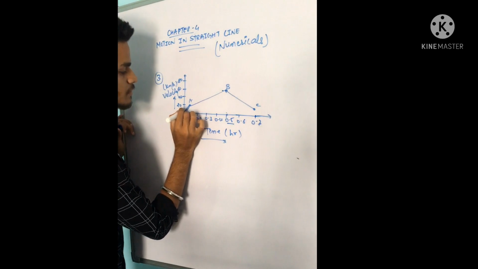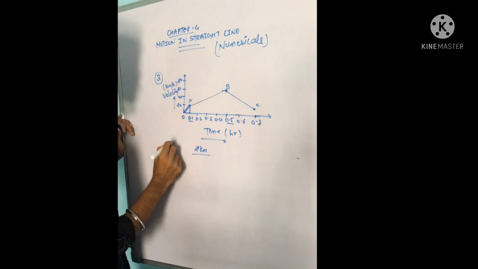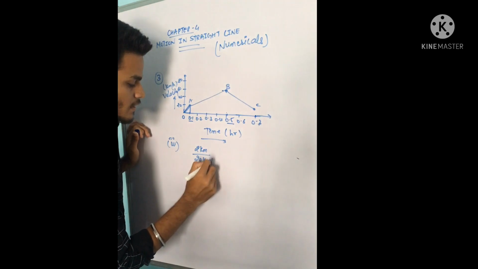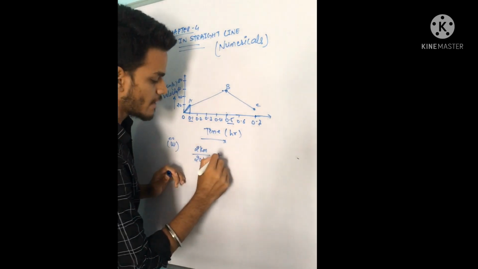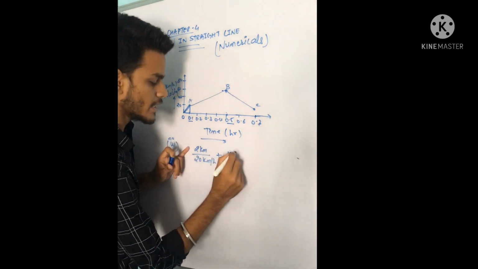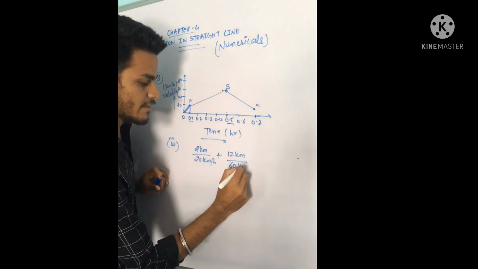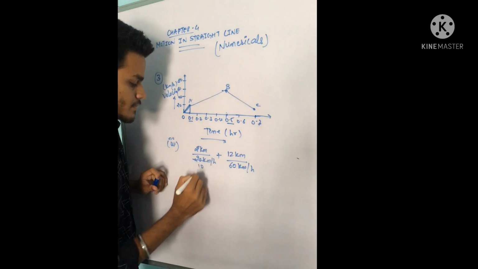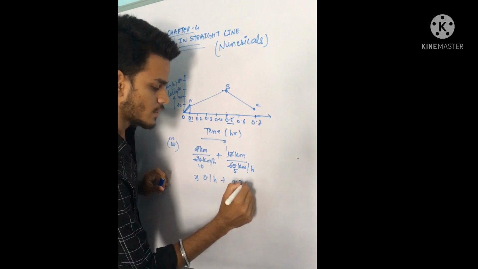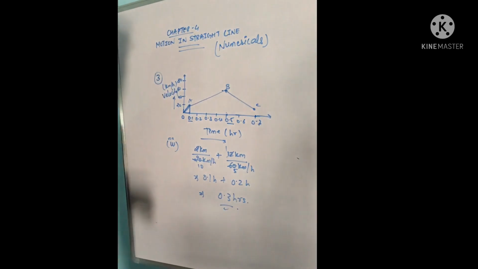So this much part is 2 kilometers. In 2 kilometers the car is moving with a velocity of 20 km per hour. We will get this. Now we have to find up to 14 km. So we have calculated 2 km and the remaining 12 km. The car is moving with a velocity of 60 km per hour. So we will divide it, and we get the answer 0.1 hour plus 0.2 hour. Final answer is 0.3 hours. Is it clear?